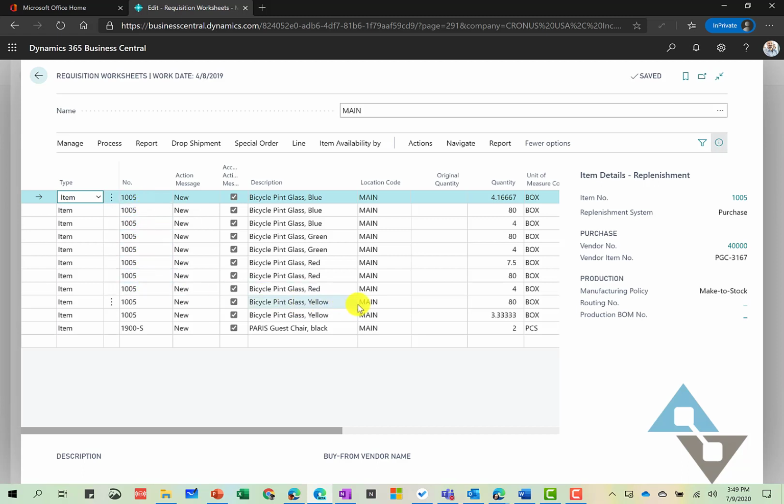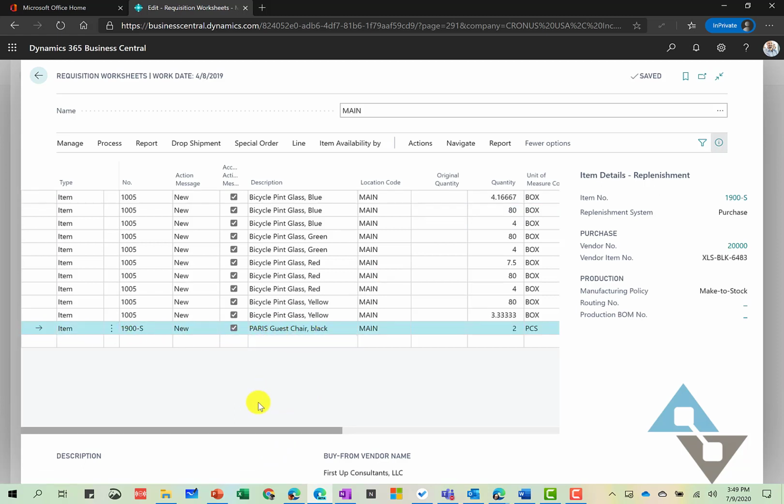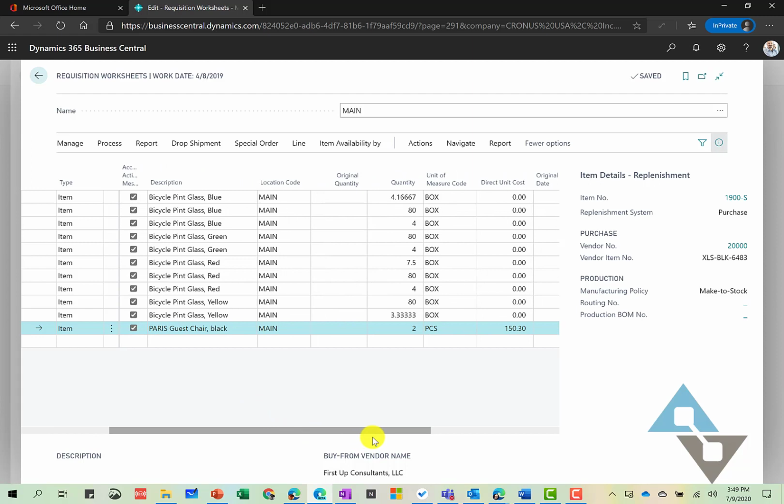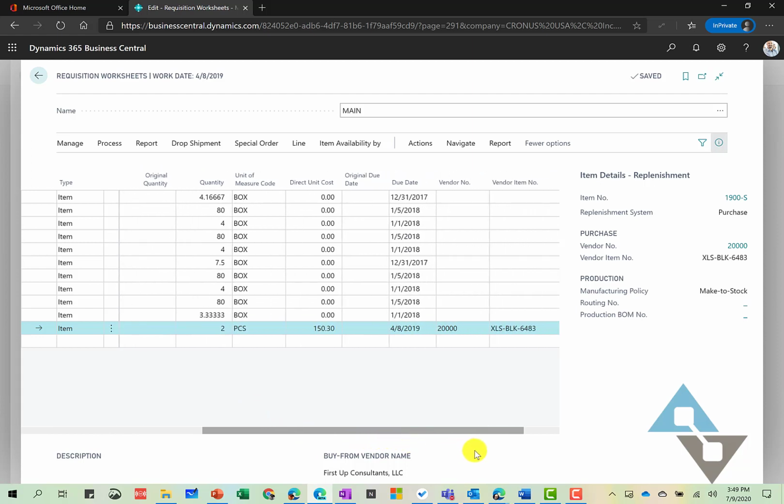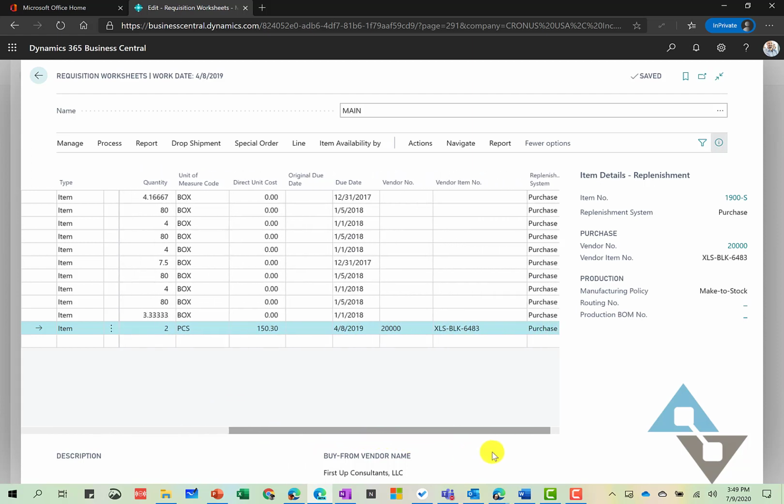But remember, I've got this in many colors, right? So it's really showing me by location as well as by variant for each of the different colors here about what it is I need to be doing here. And you can see down here at the bottom, we're also seeing this additional share down there that needs to be purchased. And what the requisition worksheet will do for us is give us that inventory position, when it's due,